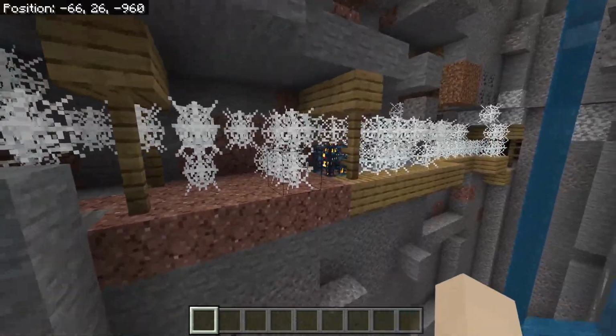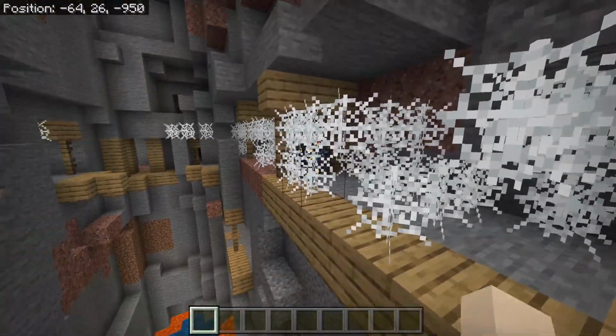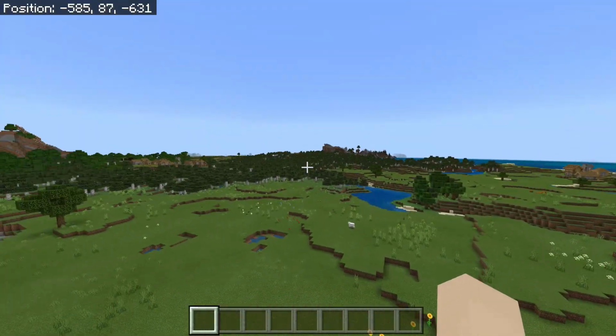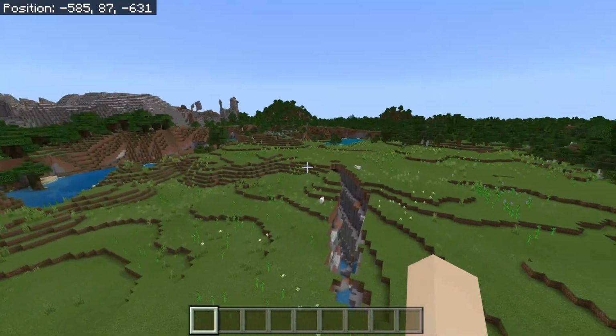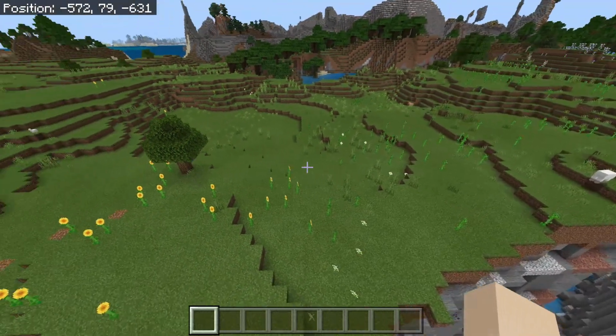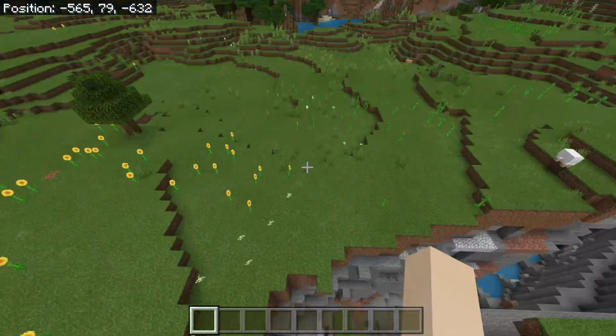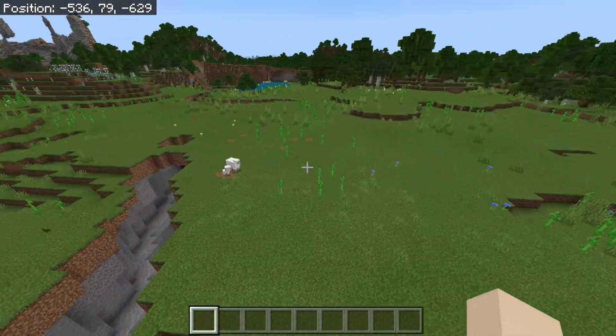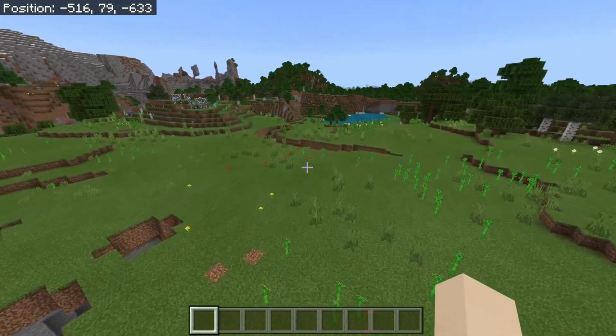And look at that. Spawner right there. Not far from the gravel mountains, and of course those 2 villages we've visited. We've got this ravine, but it's surrounded by sunflowers and a lot of other flowers. Oh, but if we keep going this way...